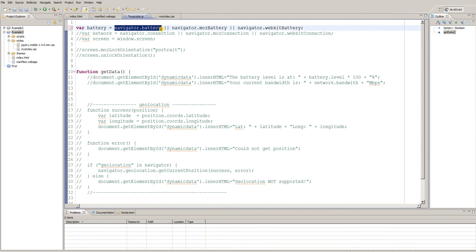If battery is not supported, the browser will try navigator.mozBattery or navigator.webkitBattery. These are the different implementations of the different web browsers. So if you want to develop apps, for example for Tizen or for just another browser, you should always, if possible, include or try to get all these objects. In the JavaScript, this object battery will be assigned the first matching